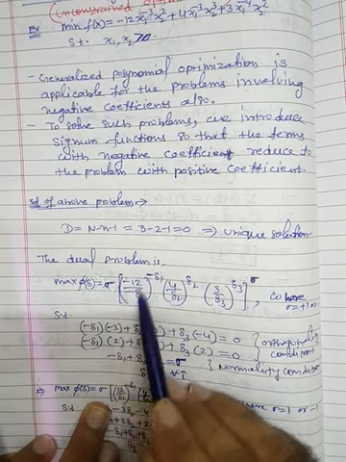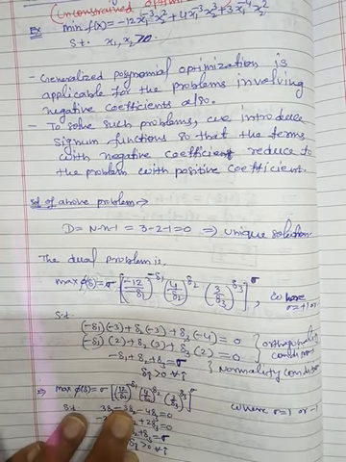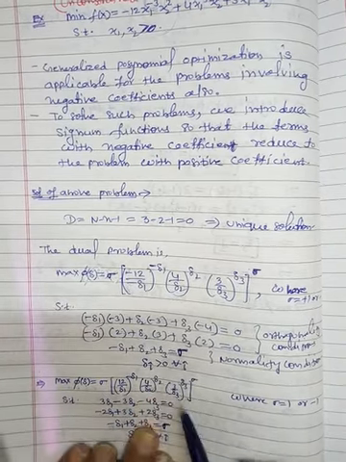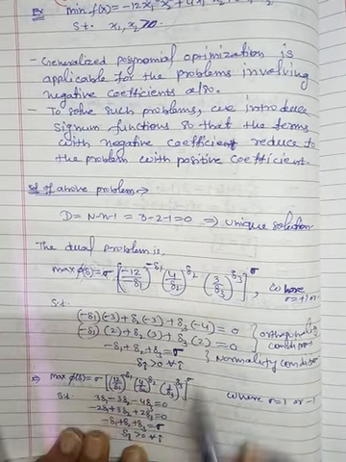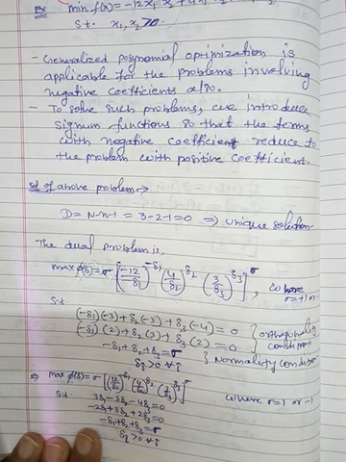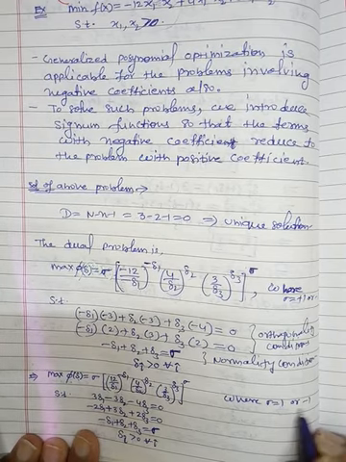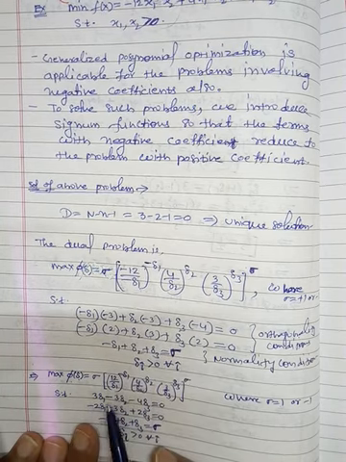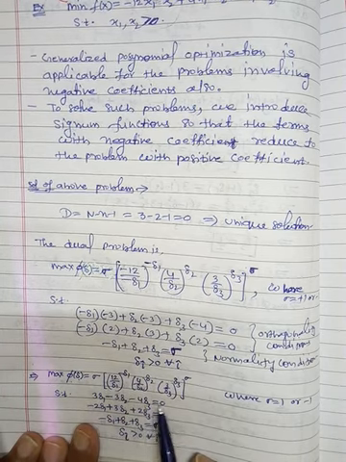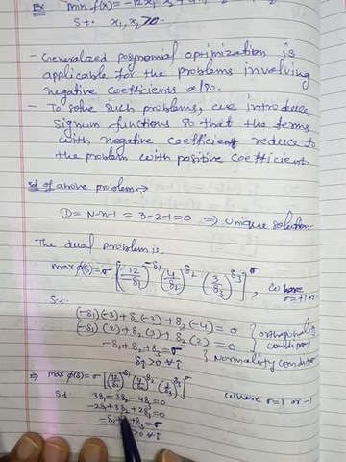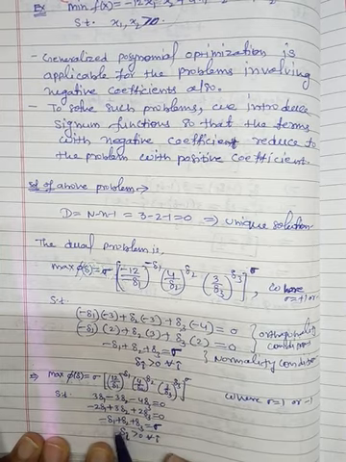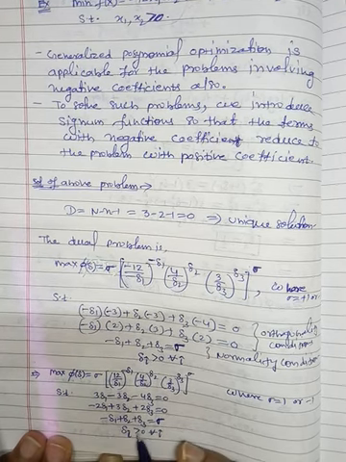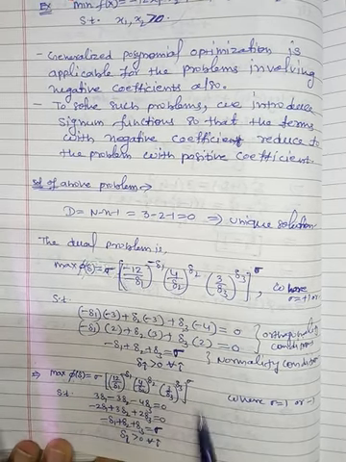Then this will be 12 by delta 1 raised to the power minus delta 1, 4 by delta 2 raised to the power delta 2, 3 by delta 3 raised to the power delta 3, and then sigma to the power sigma, where sigma is 1 or minus 1. And then we have 3 delta 1 minus 3 delta 2 minus 4 delta 3 equal to 0, minus 2 delta 1 plus 3 delta 2 plus 2 delta 3 equal to 0, minus delta 1 plus delta 2 plus delta 3 equal to sigma, and delta i is positive for all i. So we have to solve this problem.